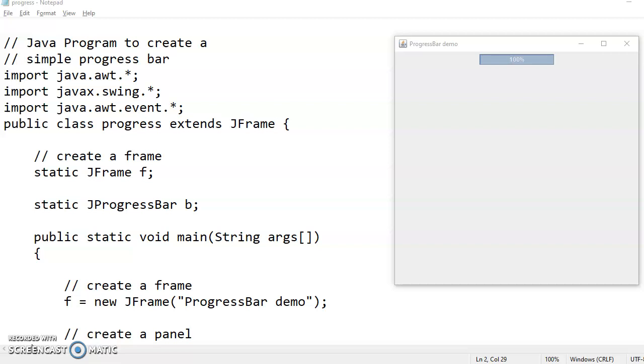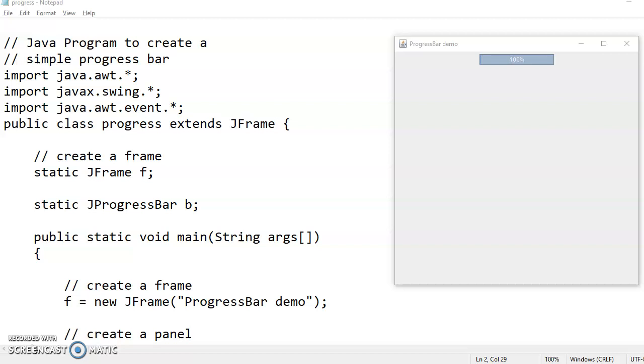So it will show 10%, 20%, and it goes on increasing and reaches till 100% once the entire movie is downloaded. The progress bar fills up as the task reaches its completion. Initially the progress bar is empty. It is not filled with any color. But as and when it reaches its completion, it keeps on filling itself with some specified color, which indicates that the specified task is over and 100% data is downloaded or it is completed.